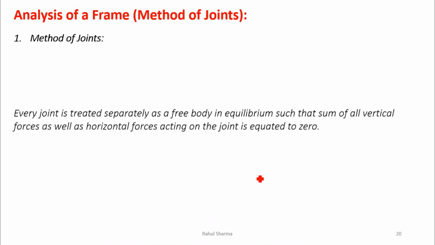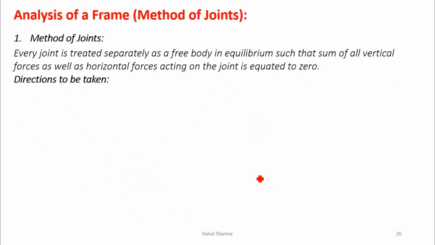Now when we have to apply the method of joints, we have to take the direction like this. Let's say I have taken the member AB. When I say AB is under tension, or we can say it has a pulling force, it means the force will be away from the member. So you have to take care about the direction. It is away from the midpoint. This is the midpoint of the member, so the force is going away from the midpoint. That is why we say this member is under tension.